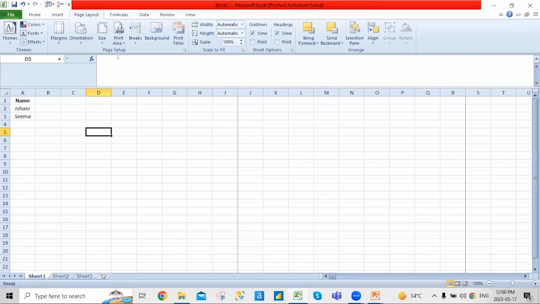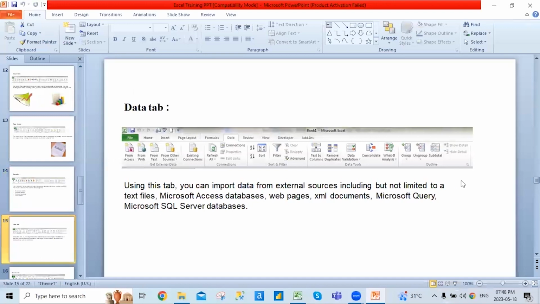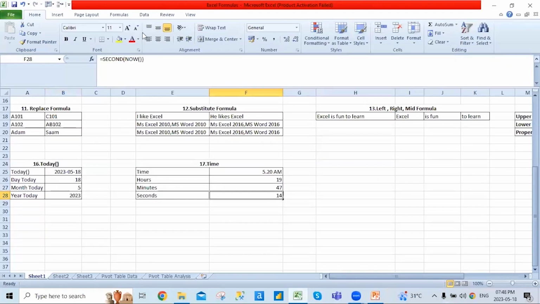Okay. Now these were some of what we have in the overview sheet, which is the data tab. Now, the data tab is basically where you can import data from any external sources, but not limited to a text file. You can not only access a text file, you can also use a Microsoft Access database, web pages, an XML document, any Microsoft query, any SQL Server database, whatever you require, you can download it or move it that way. Now, if I see on Excel, the data tab,